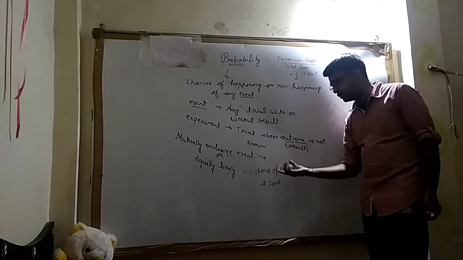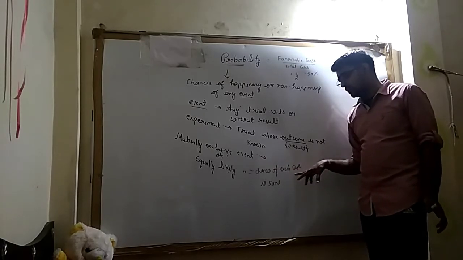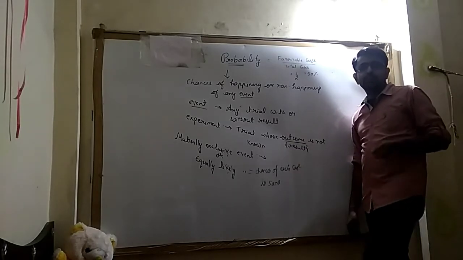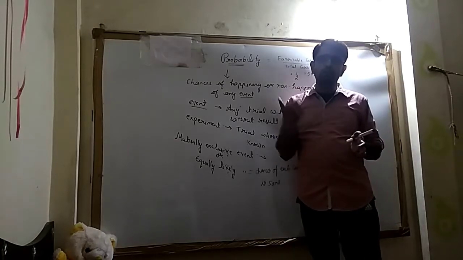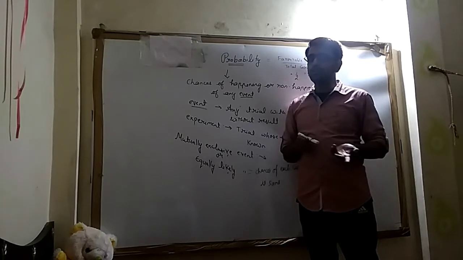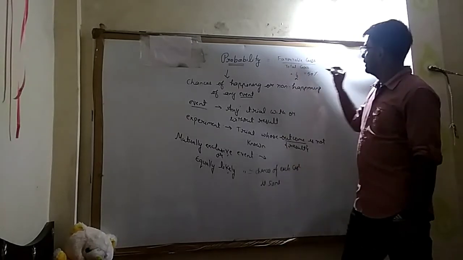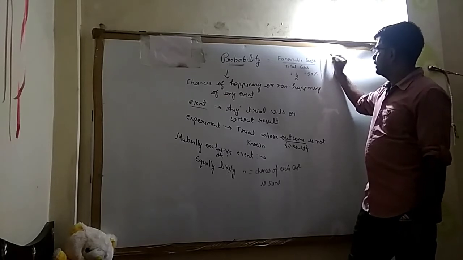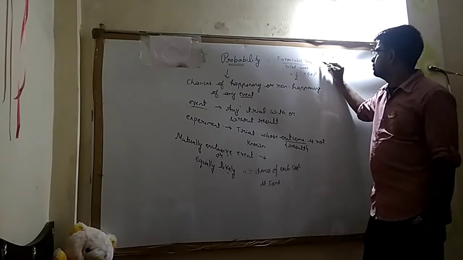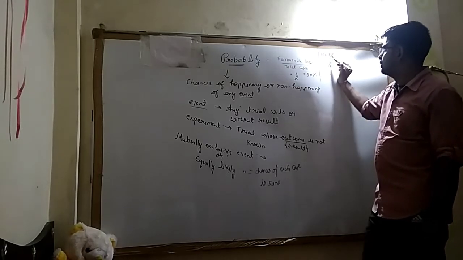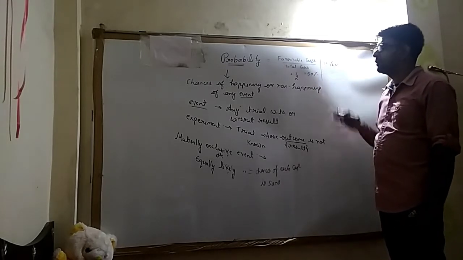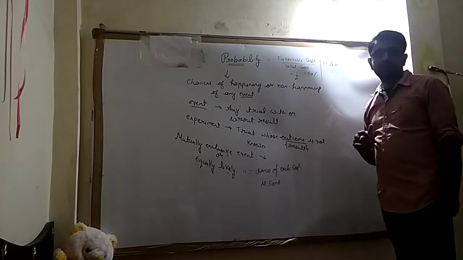And what does this equally likely refer to? Equally likely refers to the chances of each case being the same. Then we say that the cases are equally likely. For example, when we toss a coin, chances of head is 1/2 and the chances of tail is 1/2. Simple. So the chances are the same. So this type of cases are mutually exclusive cases.